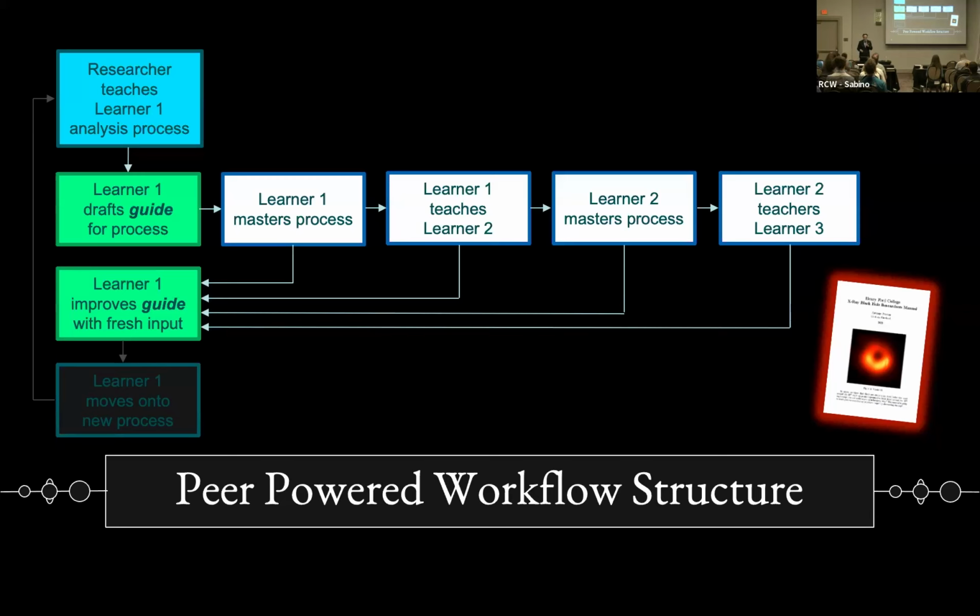That particular guide you're looking at right there is the guide we used to do our intermediate mass black hole project involving Chandra archival data. After that, Learner 1, or whichever learner is elected to go on to learn the next process, will meet with the researcher again. This is probably a few months later, and that researcher will spend another couple hours teaching them how to do the research process, the analysis process, and the whole thing starts over with a new guide. We're currently on our third guide on working with spectrotemporal analysis for the